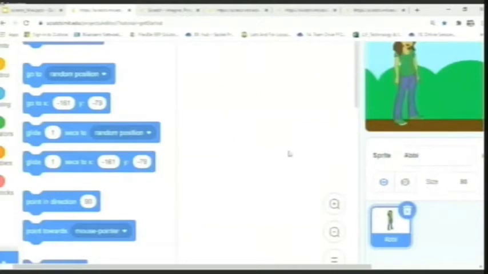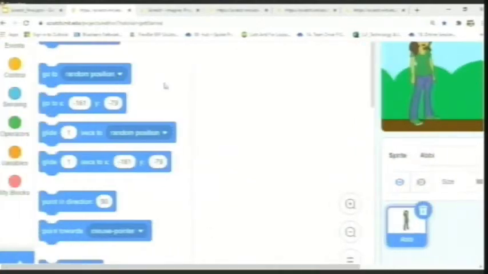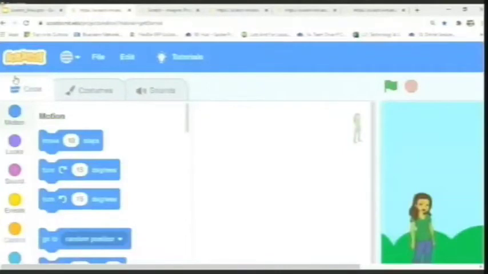Now this is a place where you will be scripting or programming for Abby. When you move a little further, on the left-hand side, you have the palette. There are multiple options in the palette here. We have a code section, a costume section, and a sound section. For now, let's focus on the code section.